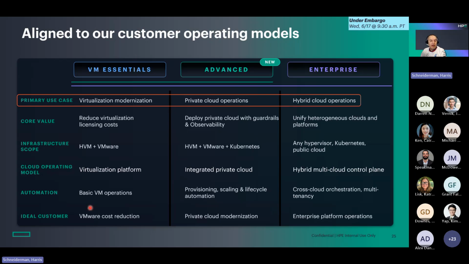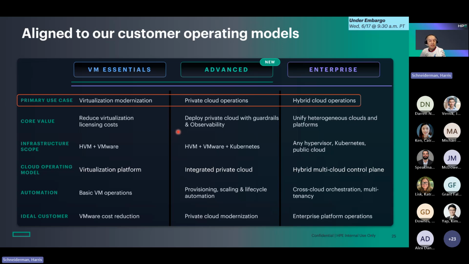And as you're probably aware, Broadcom no longer sells a standalone vCenter SKU. So for many customers, VM Essentials is the perfect solution because it has exactly the capabilities they need, and HPE is not forcing them to buy something else that maybe they don't. But of course, there are customers who need the features and capabilities of VMware VVF, and that's who we built